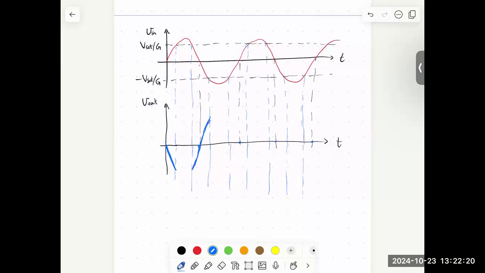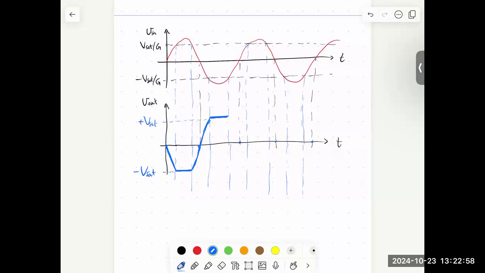So, okay. What do you think is going to happen here in the disallowed region? What's the curve going to look like? Yeah, it's constant. It's going to be just sitting at the saturation voltage, and it'll sit like this, and this will be exactly at minus V saturation. Okay, and then this whole thing will continue. Wherever we get an input that's too large, the output will saturate. So this is also called clipping. We've clipped the output.